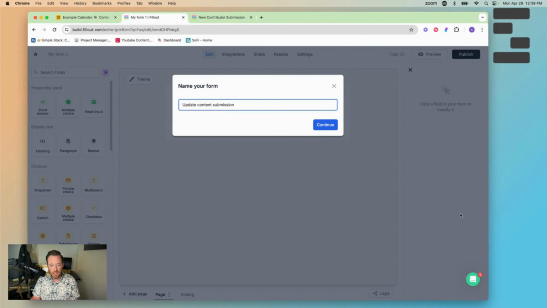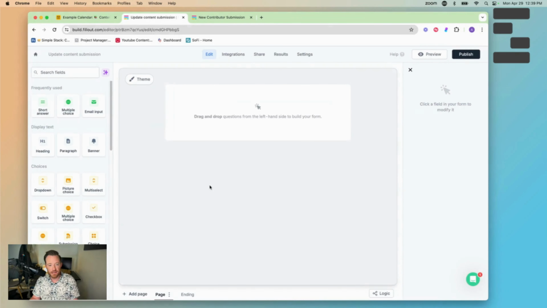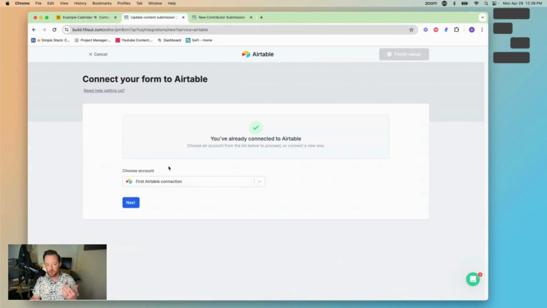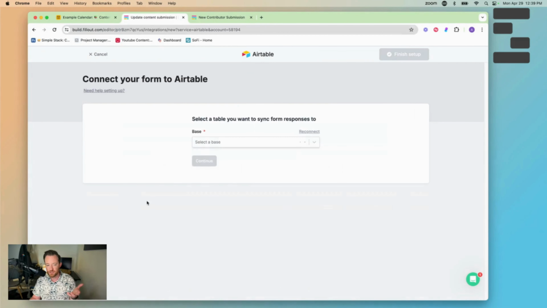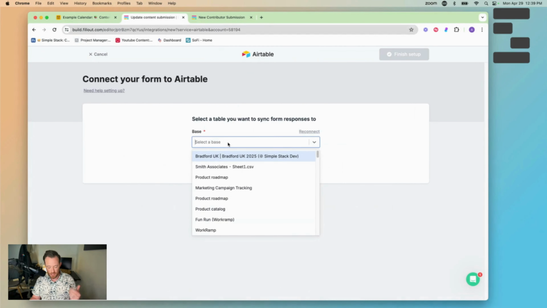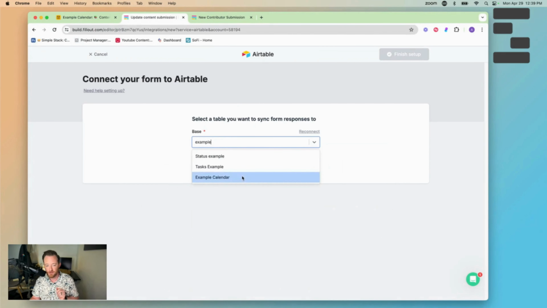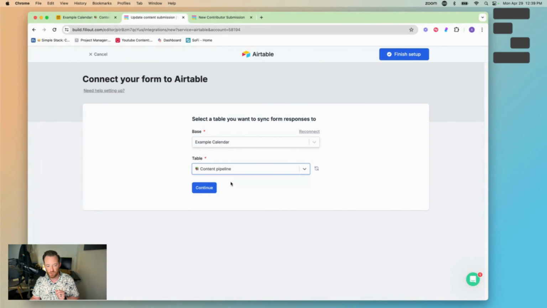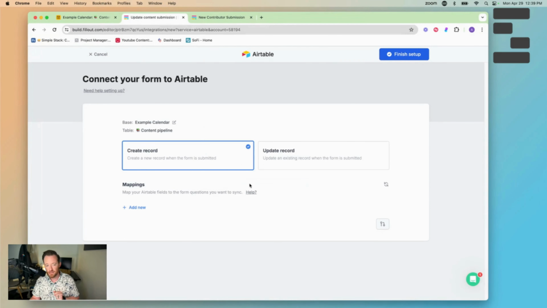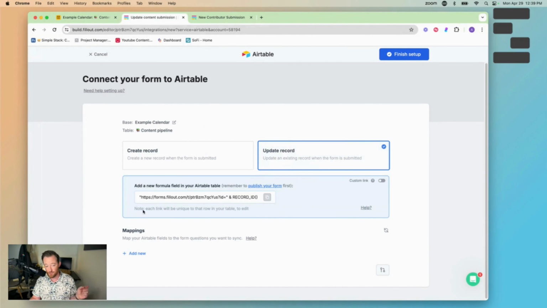Okay. And we've gone ahead and created this form. And then on the integration, remember, you do this specifically for each form. So we're going to tell it, hey, go to the example calendar base, and we're going to do the content pipeline. Now, this time we're going to say, hey, you're going to be updating a record, and it spits out this really cool link. Okay, and it's done all the work for you, so don't worry about that. But you can copy this link,